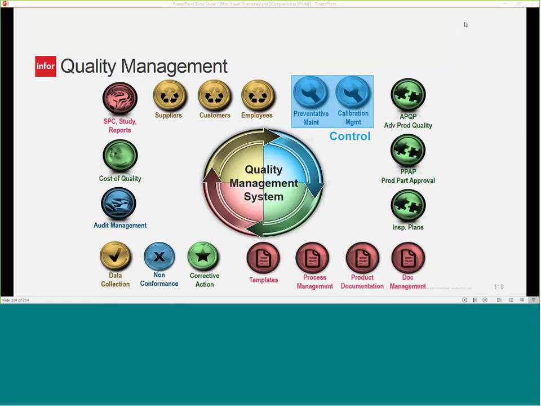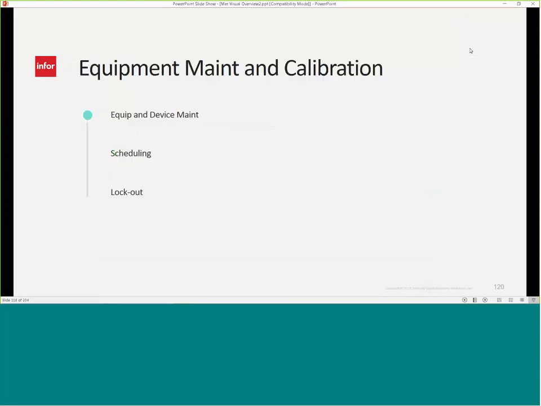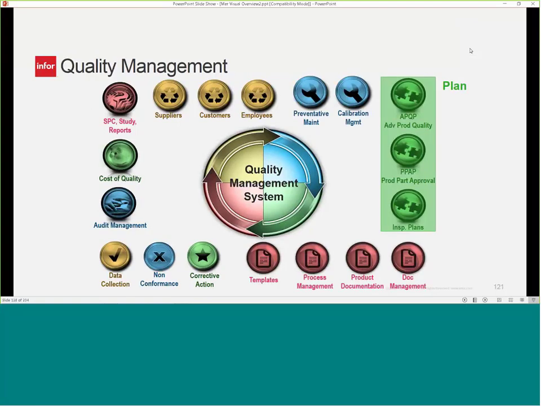Also in IQM is the ability to specify the equipment that I have and the devices that I have that may require preventative maintenance and calibration management. So I can do the scheduling of that maintenance and calibration. I can keep folks from using devices that may be outside of calibration. And once again, we'll probably see an example of that, but that's one good example of the systems working together,